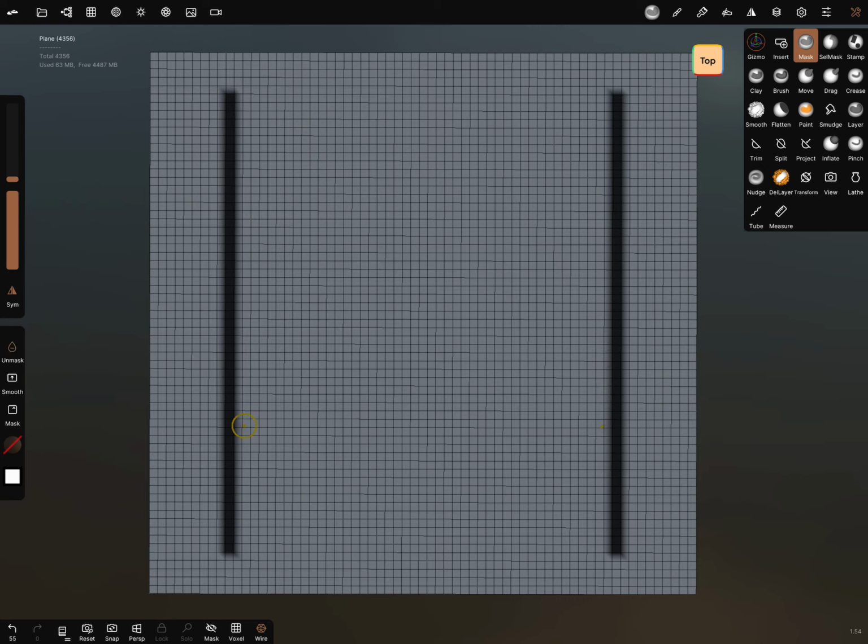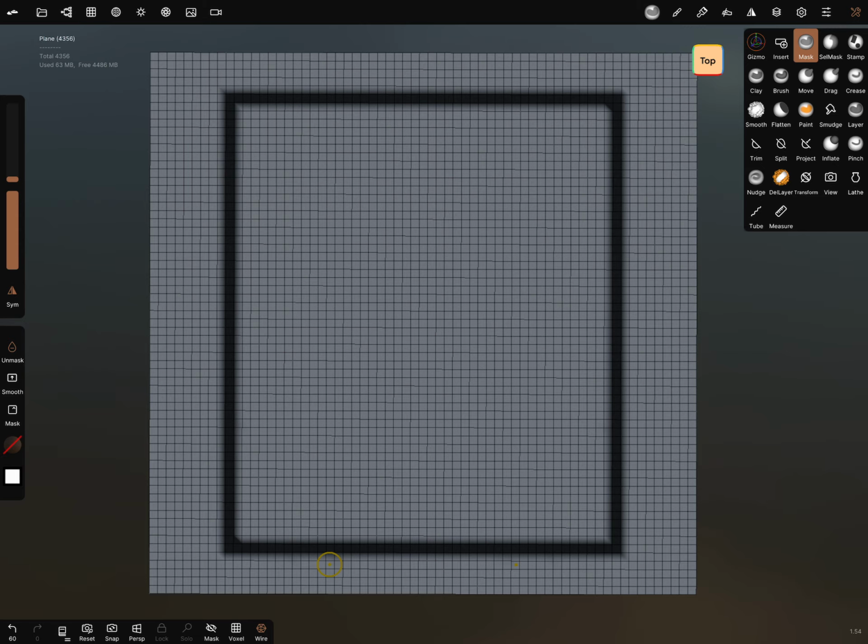This part I unmask, and okay, unmask. So that's the outer part of the shelf.